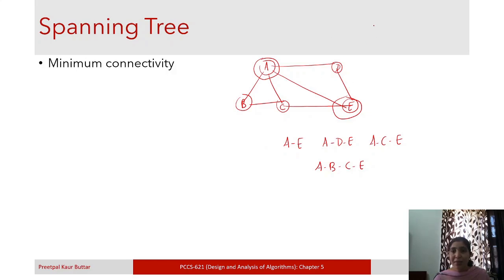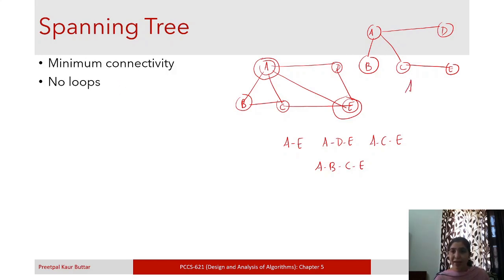Minimal connectivity means just like this. A is connected to B, suppose. Now this is minimally connected, right? So there are no loops in this.